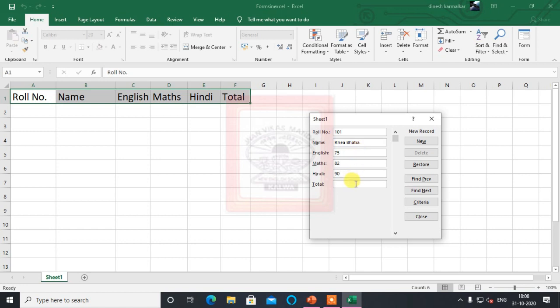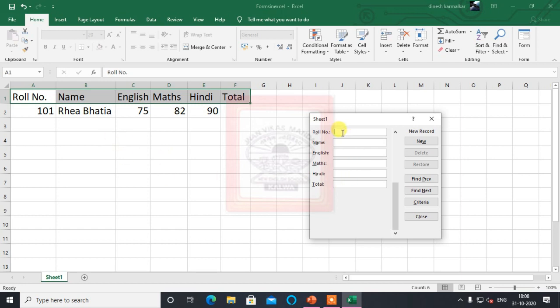Total we will not type here, because we have to find the total by formula, remember. Just click New record, and once you click it, this will be automatically saved. See, the first record has been saved without total. Now it automatically goes to the second record.